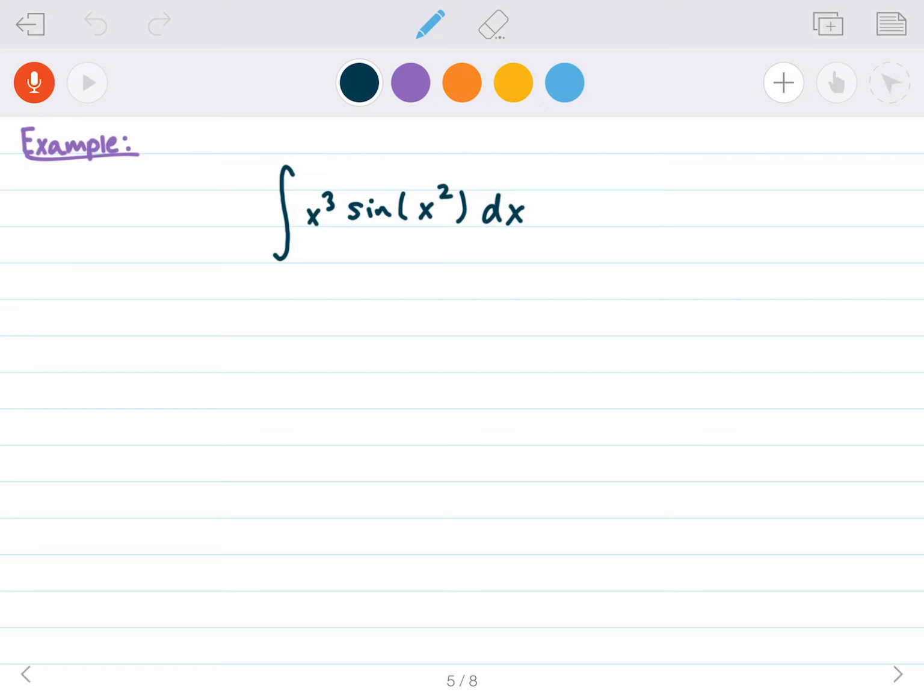All right, so now we have the integral of x to the third sine of x squared dx. So the first thing we need to do is find an appropriate formula from our integral table. So pause the video, see if you can do that. What I'm using here is numeral 3.15. And that tells me the following. The polynomial p of x times sine of ax dx